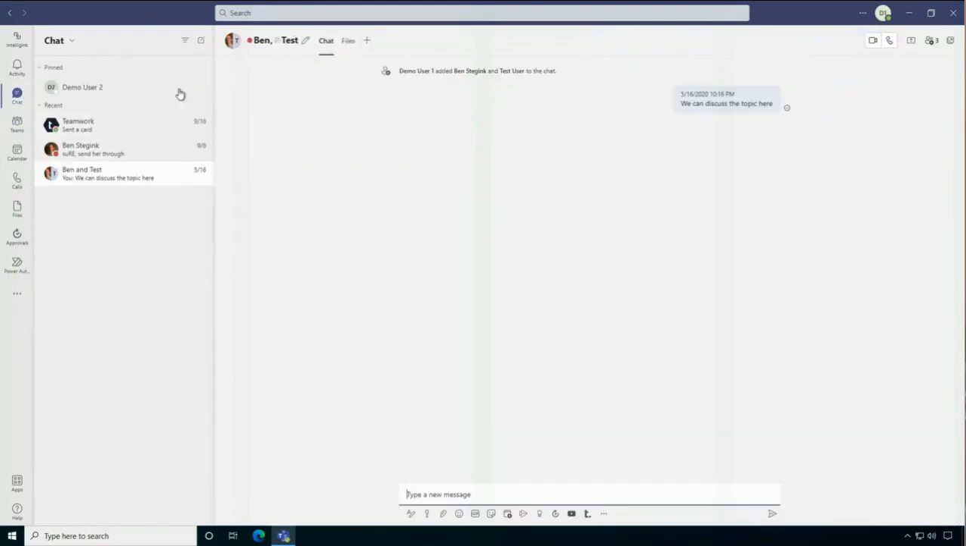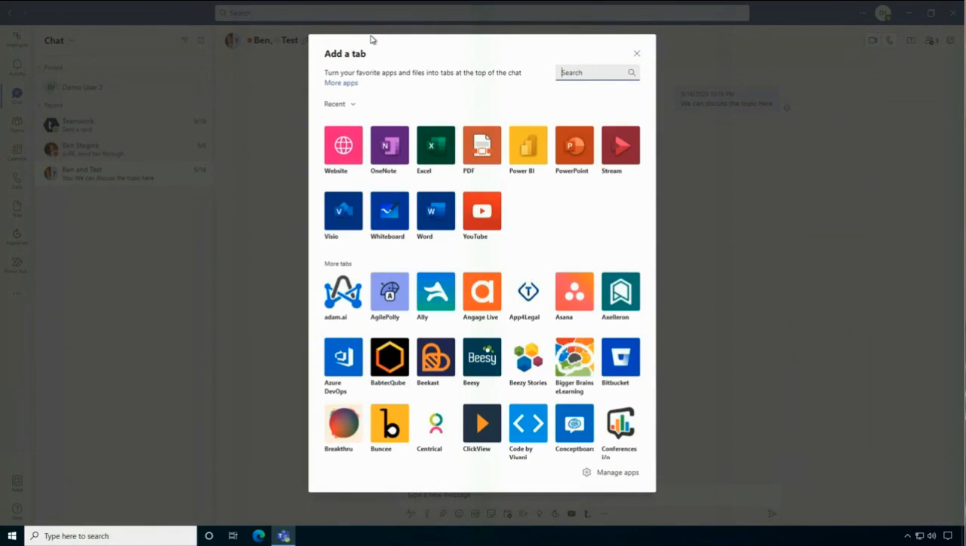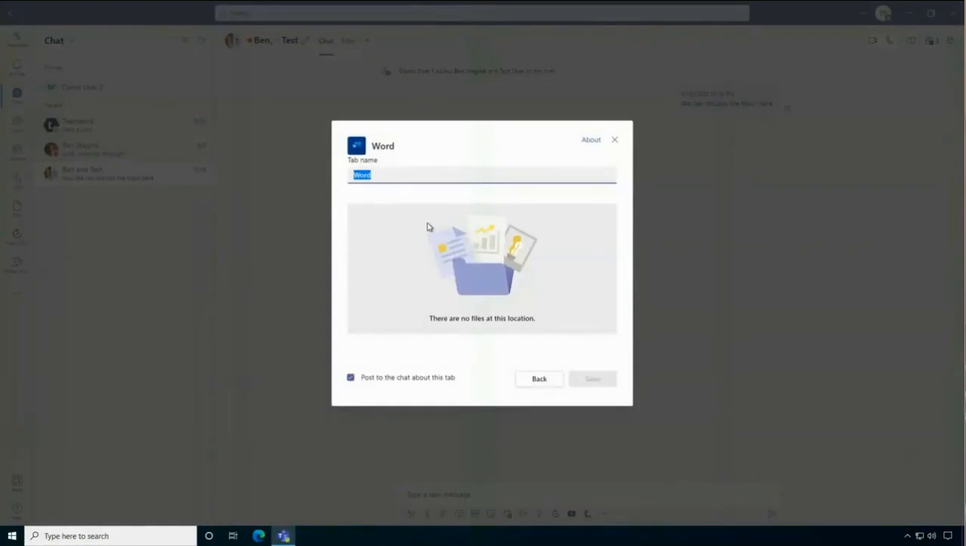So here is a test group chat I had with me and a test user. If you'll notice, just like you had in your Teams, you actually have add a tab now to a chat. And I get all of those same types of tabs and applications that I had before. So if we're having a chat about a particular Word document,